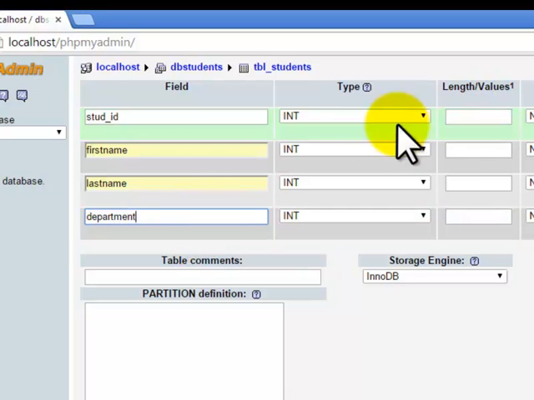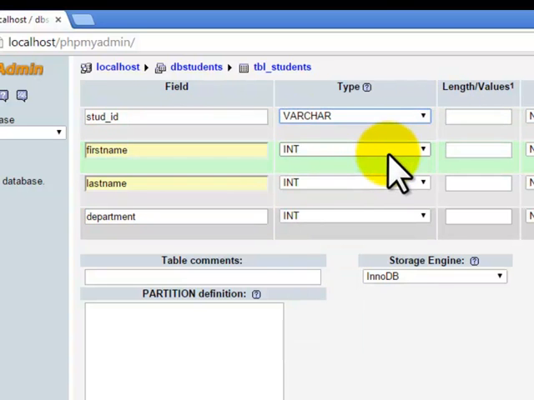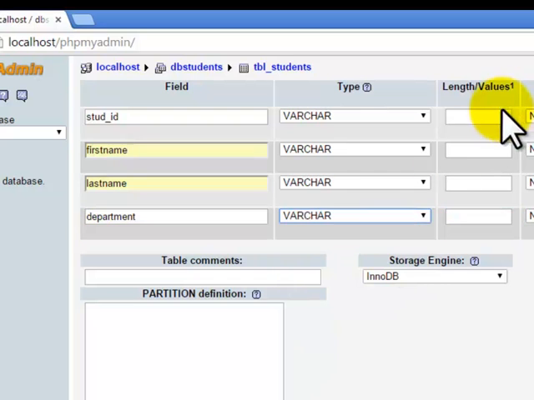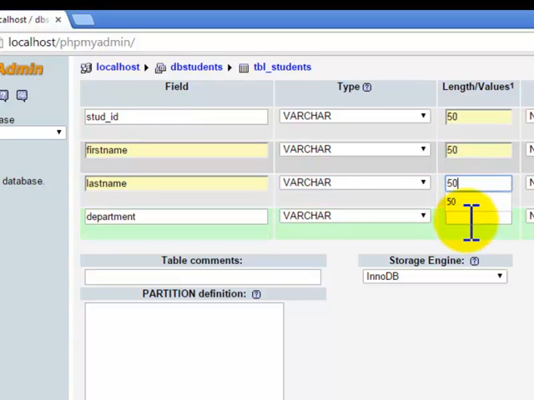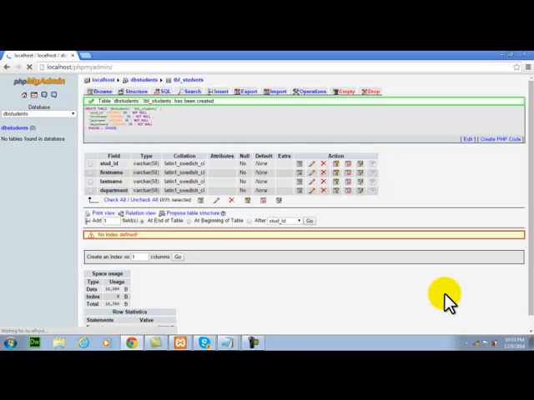The type of the 4 fields is varchar, a variable character, and the length value is, for example, 50. Just click the save button. Now we created 4 fields in our table TBL students.